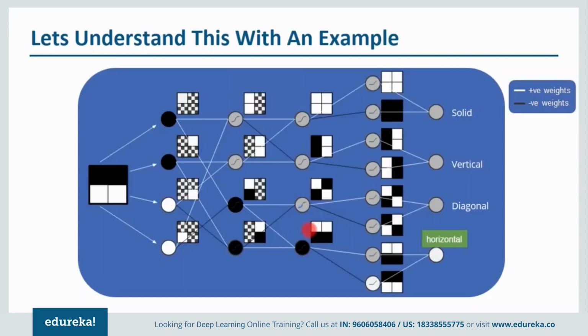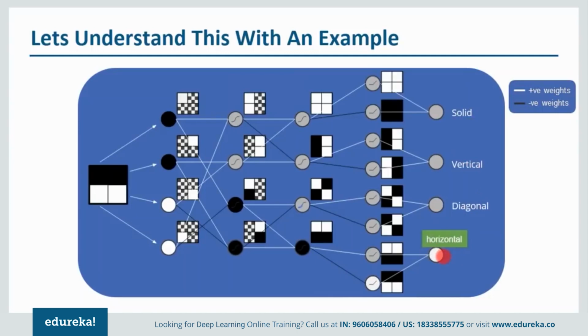Now obviously I want this particular image to get inverted. I want these black strips to come up. So what I'll do is calculate the inverse by providing a negative weight like this. Over here I've provided a negative weight, so it will come up. When I provide a positive weight, it'll stay wherever it is. After that it'll detect, and the output you can see will be a horizontal image. Not a solid, not a vertical, not a diagonal, but a horizontal.